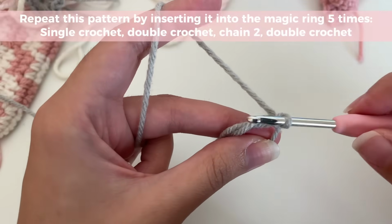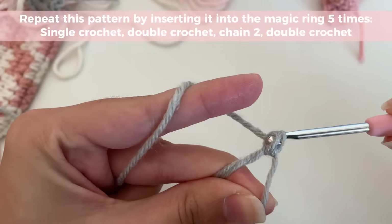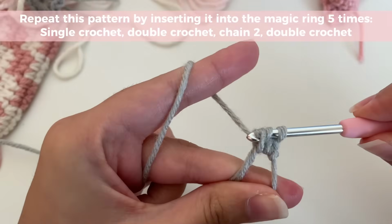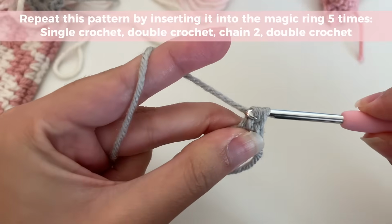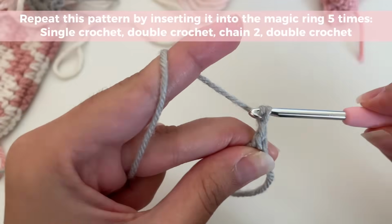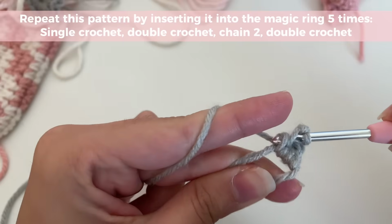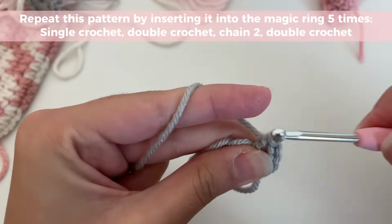And here's the start of the pattern. You're going to single crochet, and then you're going to double crochet. Pay attention to how I'm holding on to my magic ring if you're having trouble keeping everything organized. And then you're going to chain 2, and then you're going to insert another double crochet. And that is the pattern that you're going to be repeating 4 more times